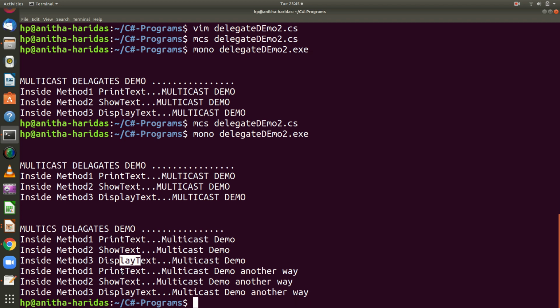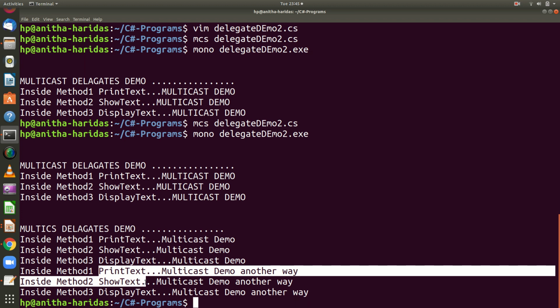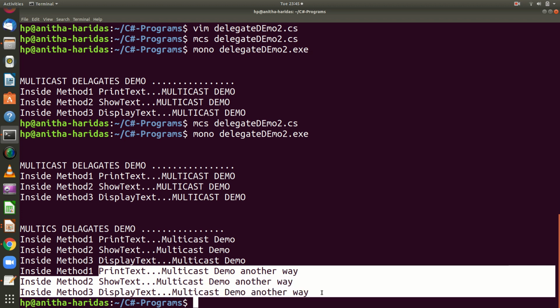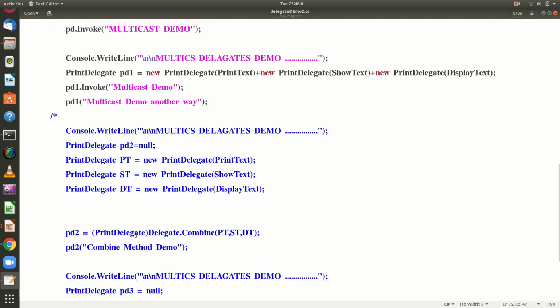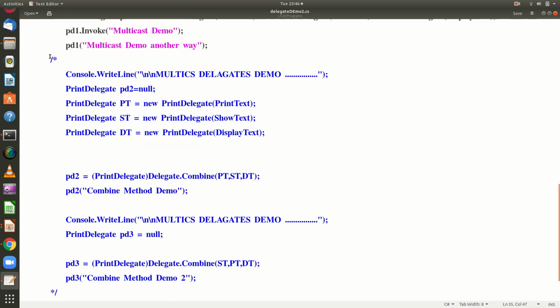And without using the dot invoke method, again 3 methods are invoked. Right? Now in the same program, you can observe how the multicast delegate is invoked in a different way, which is using the combine method. So let us discuss the combine method first, then we will get into the example.